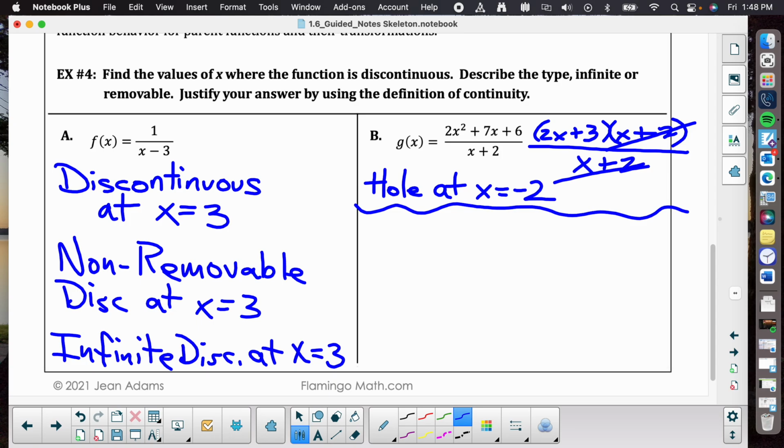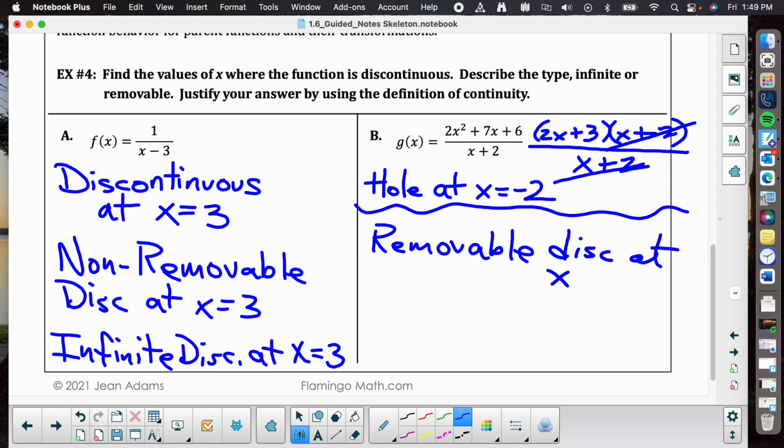Up here it says, describe the type, infinite or removable. Justify your answer by using the above. A hole can only be one thing. A hole can only be removable. Perfect. When you get a question on a test, it generally will have directions like this to give you some guidance as to what kind of answer you're supposed to be getting. So removable discontinuity